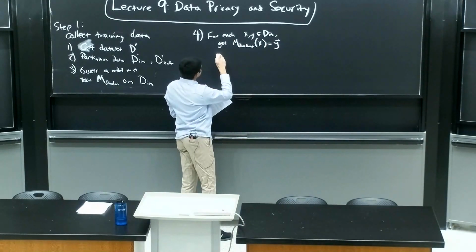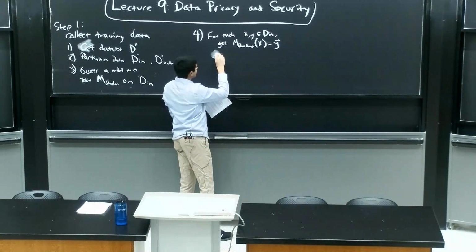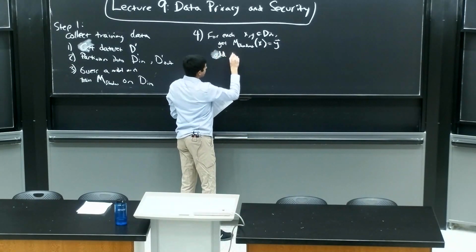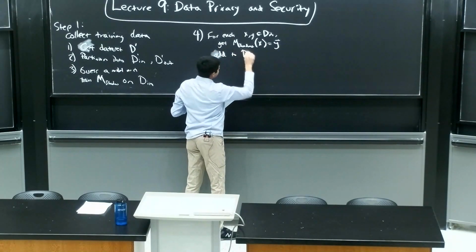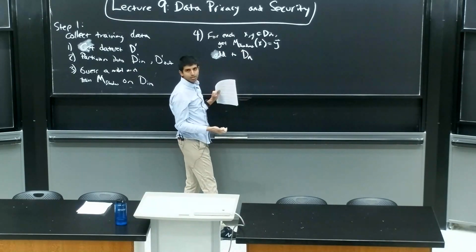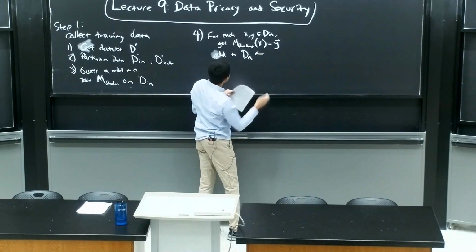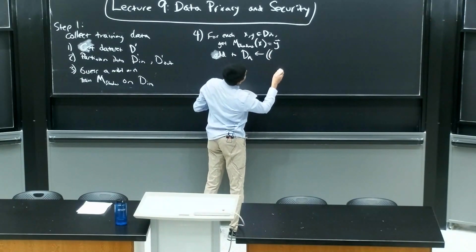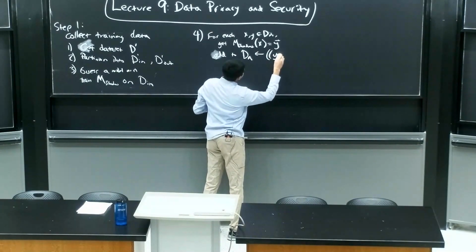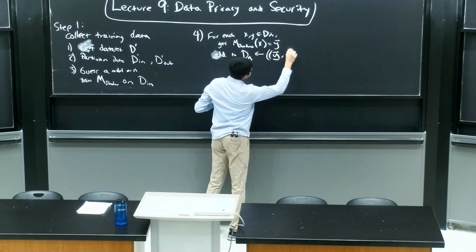And then I can add to this new data set I'm constructing, I'll call it dA, for the data set that's going to be used to train model A, the data point y bar, y,